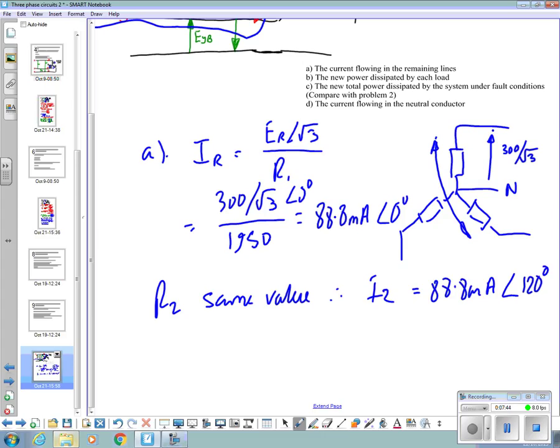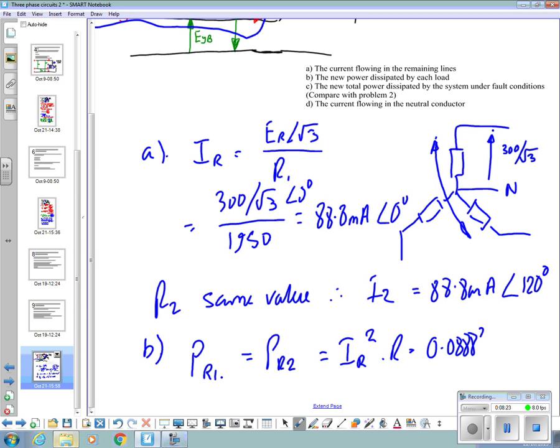So that's the current. What about the power in each phase, or PR1? The power in both of them is going to be the same. PR1 is equal to PR2 because they're both the same value. They've both got the same current flowing through them. So how have we done that? IR squared times R, that's 0.0888 squared times 1950 equals